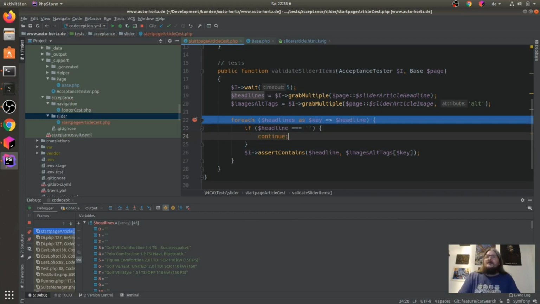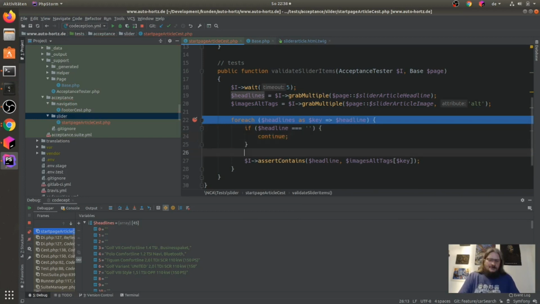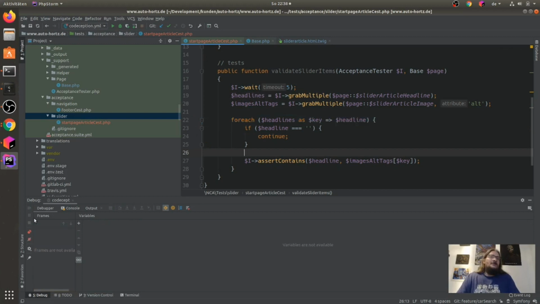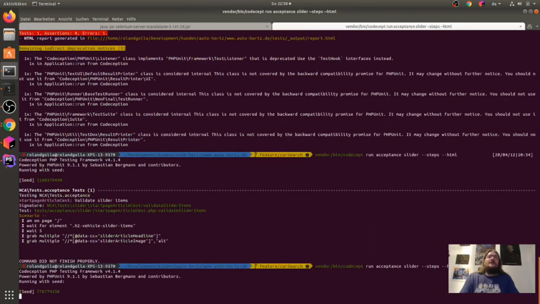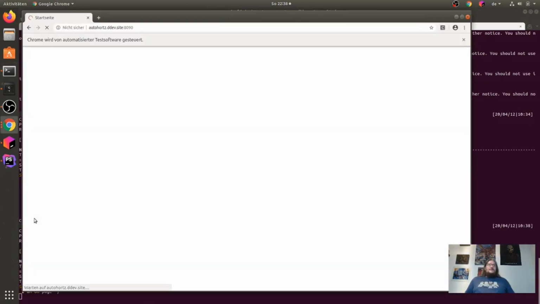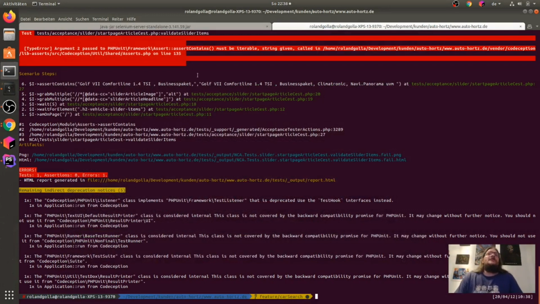And okay, this will work, I hope. Let's run this here. Argument to assertContains must be iterable, string given.